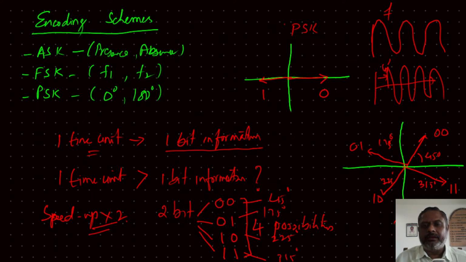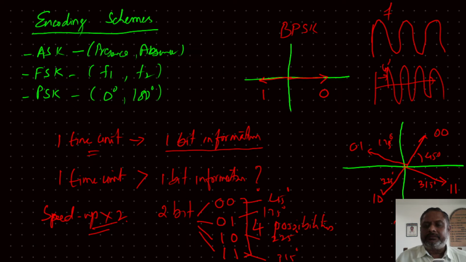So we can in general say that it is binary phase shift keying. So for 0, 0 degree, for 1, 180 degree, or vice versa. Same way, now 2 bits at a time if you can send, that means we need 4 directions or 4 phases. So if you can produce the signals with accurate phase shifts, then yes, for 0 0 you decide using